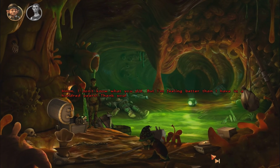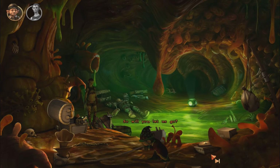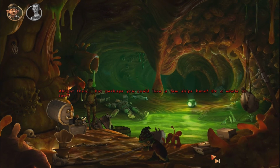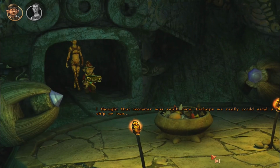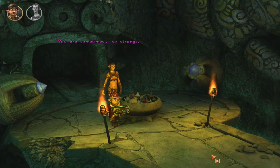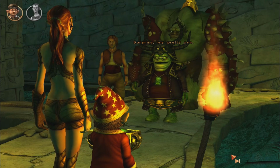I don't know what you did, but I'm feeling better than I have in 100 years. Thank you. So will you let us go? All right then. But perhaps you could lure a few ships here. Or a whale or two. We'll see. Goodbye. I thought that monster was really nice. Perhaps we really could send a ship or two. You are sometimes so strange. But if we... What the? Surprise, my pretty one! But...